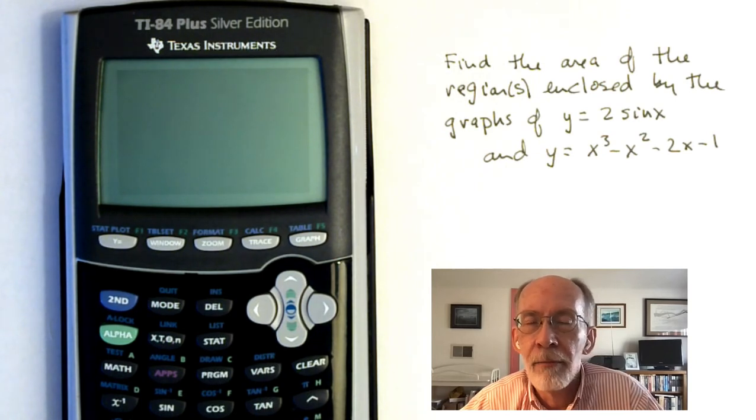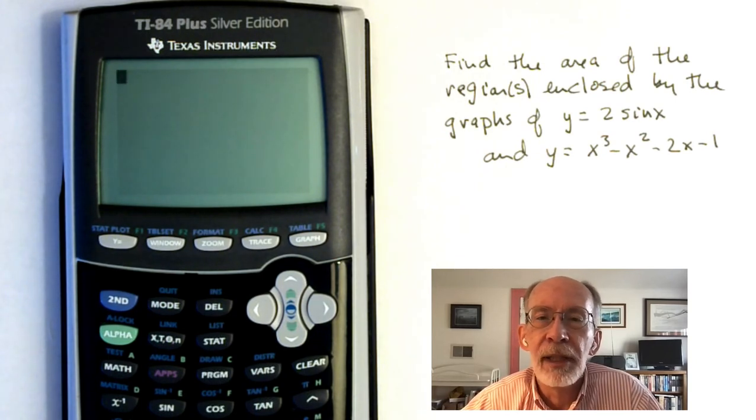This is a short video demonstrating the uses of the TI-84 graphing calculator in solving nasty area problems from calculus. The example we're going to use asks us to find the area of the region or regions enclosed by the graphs of y equals 2 sine x and y equals x cubed minus x squared